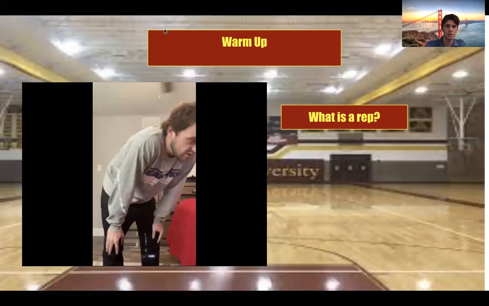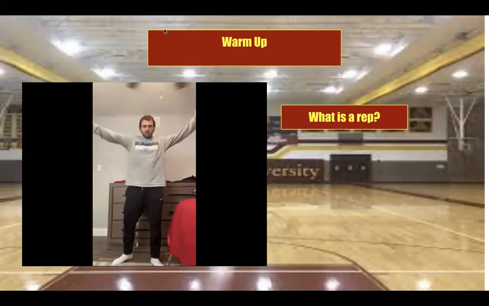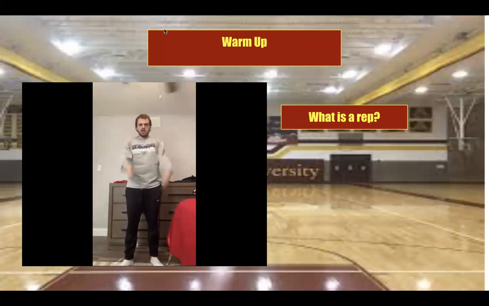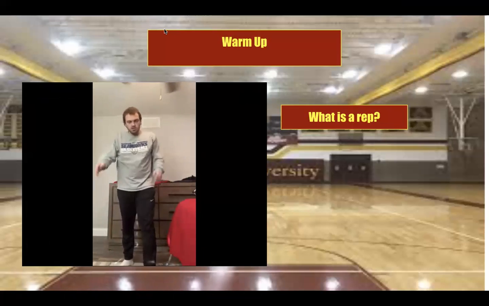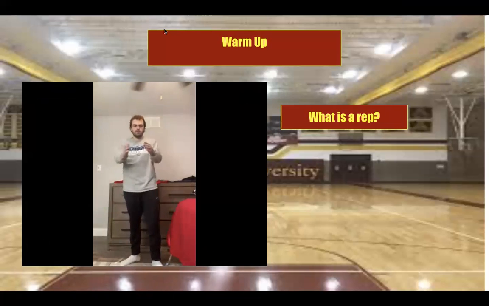Next thing we're going to move on to is arm circles. So we're going to be stationary, arms out. We're going to go forwards first, just like that. You guys know how we do. We go small and then we get to big. So here we go. We're going to do this for 30 seconds. In 3, 2, 1. Begin.